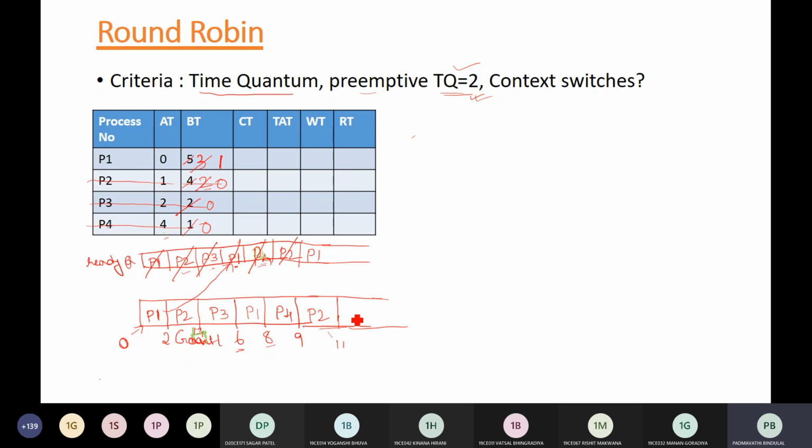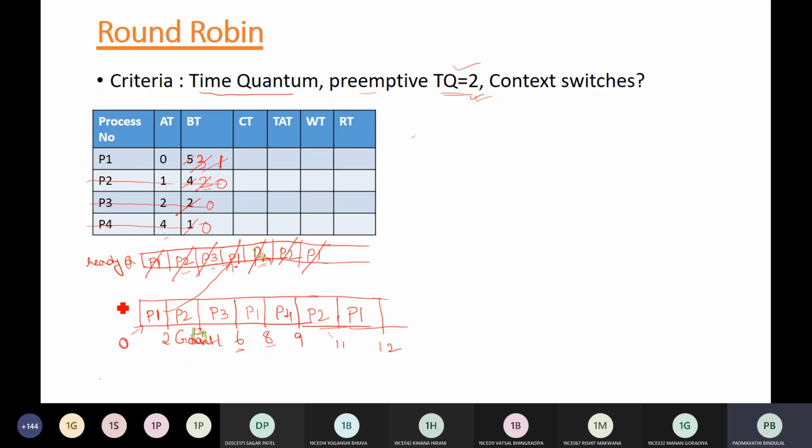Okay, next process is, you are left with only one process P1, and its remaining execution time is only 1 unit. So you need not run the cycle for 2 units, you can run only for 1 unit. So this P1 is also here. Now your ready queue is empty, that means there are no more jobs to execute with the processor. Okay, is this clear?